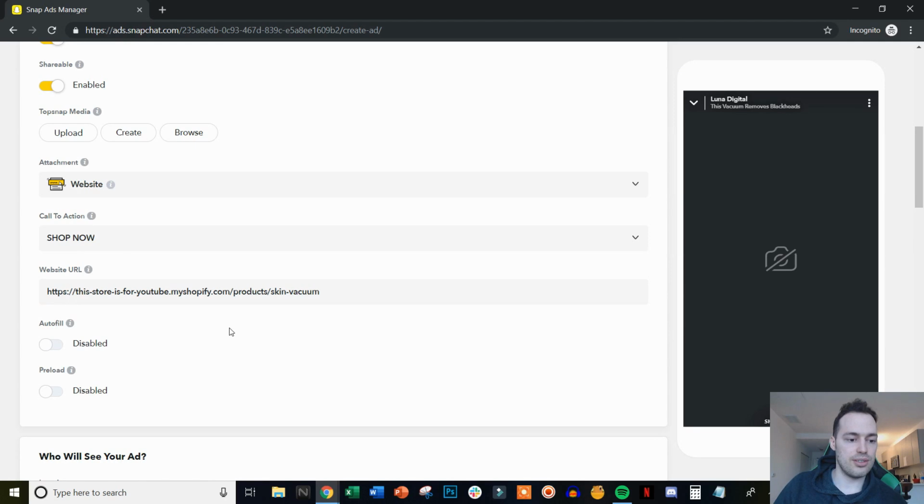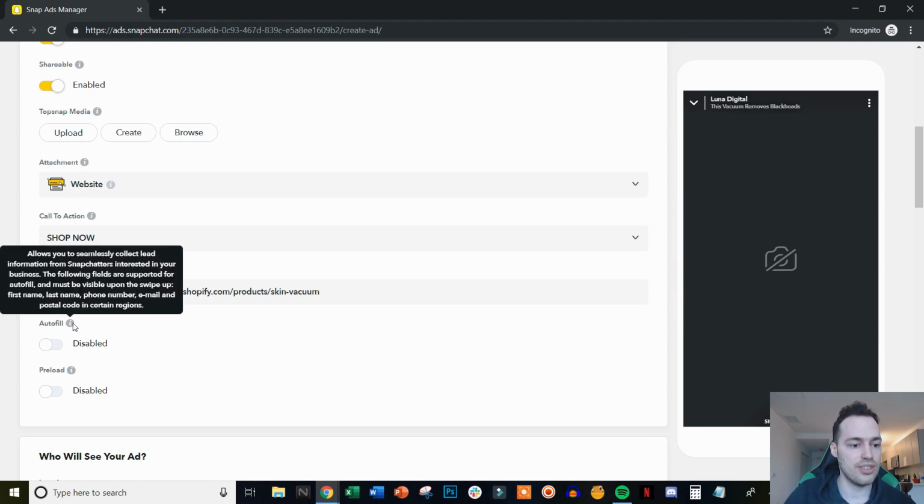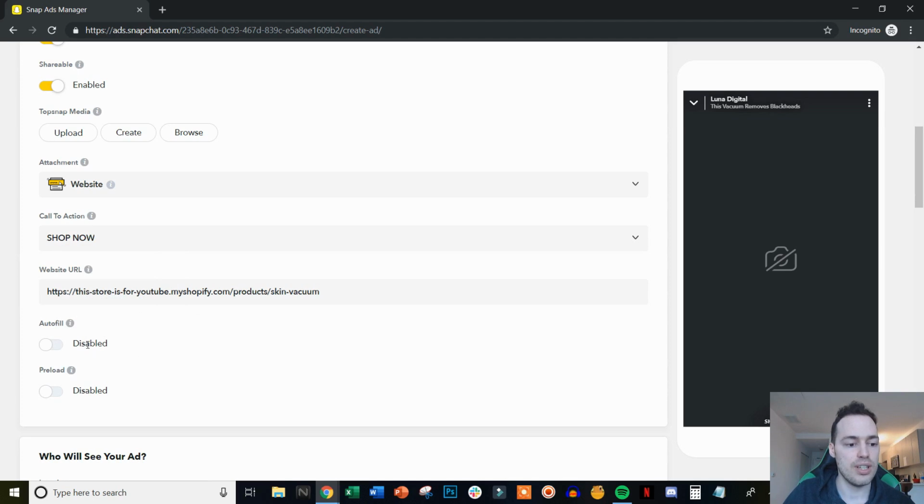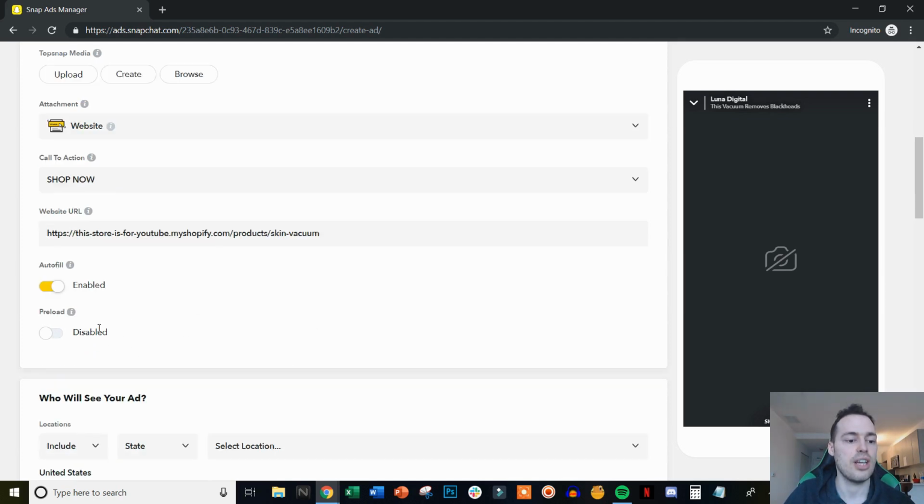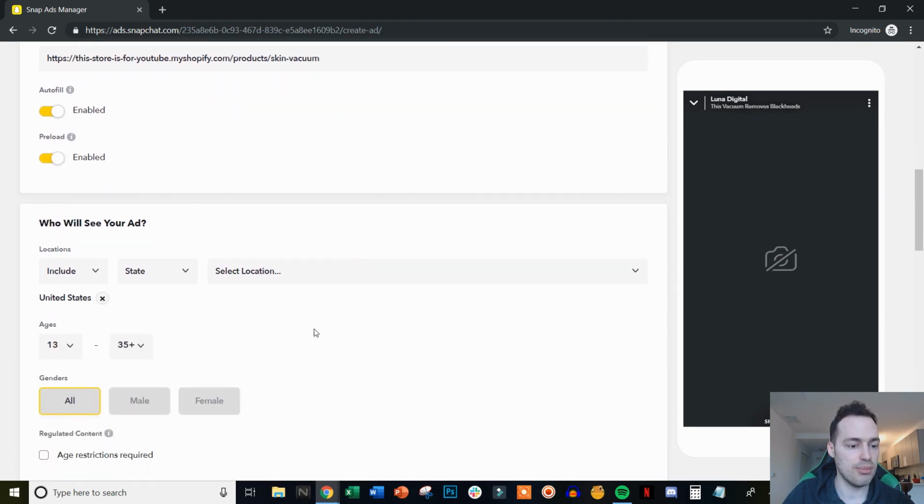Now, the next features we can take ahead and look at are autofill. You can see that this allows us to essentially collect lead information. And the next option here is preload, which essentially just loads mobile website content faster. So we can go ahead and check this on as well. And then we can come down here